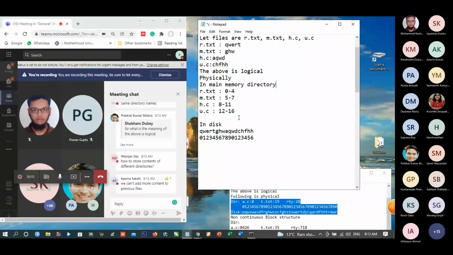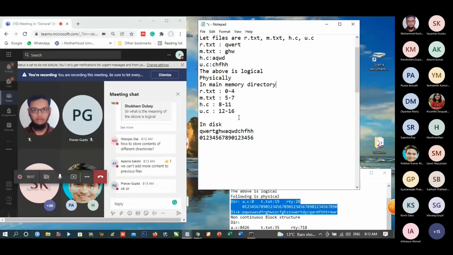What is your doubt? And as someone has told how to store contents of different directories, because if there is some other directory, it will have some other files. So its file contents will be in the disk and they will be coming afterwards. And their addresses can also be stored.